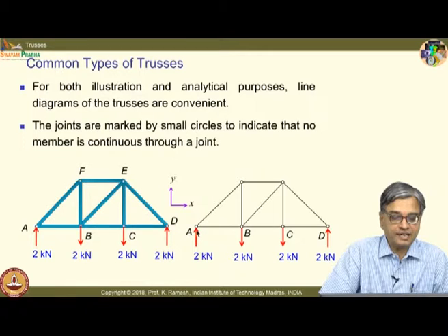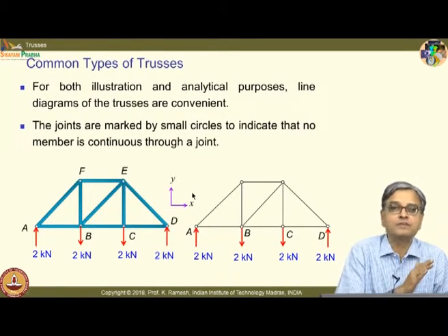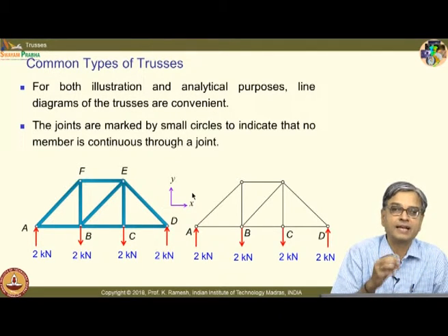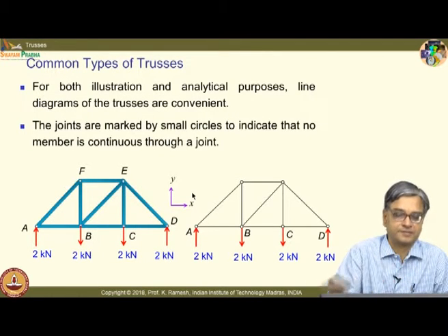And it is also desirable that you label each joint separately in an ordered fashion. If it is not given in the problem statement, you should label it yourself, and you should also put the coordinate axis. And in all our discussion, we would first do it for a planar truss, get the mathematics, then we will think about space truss.